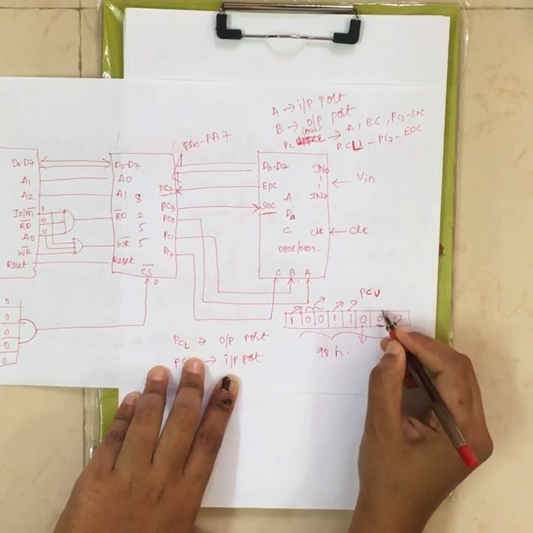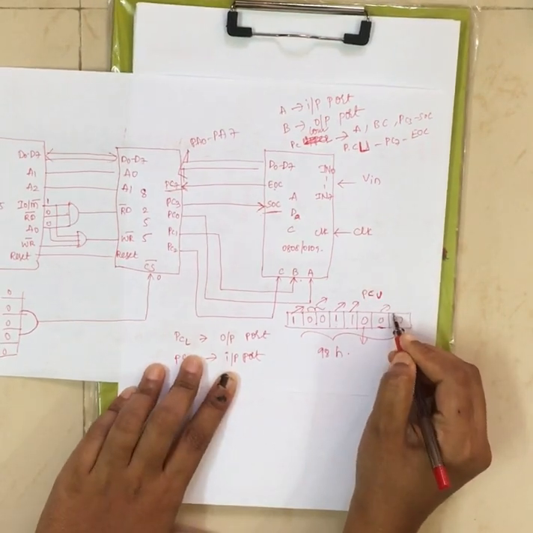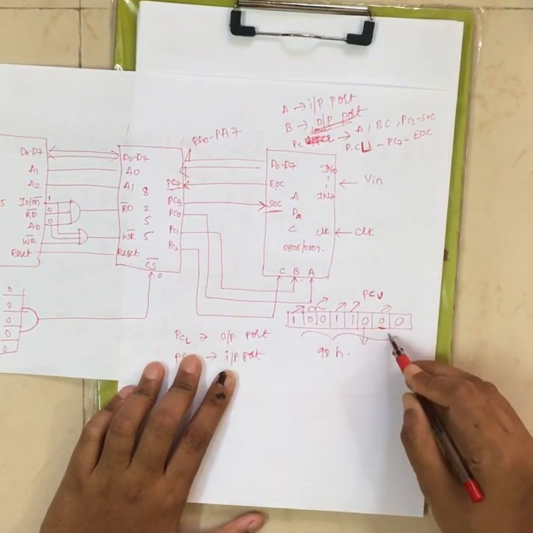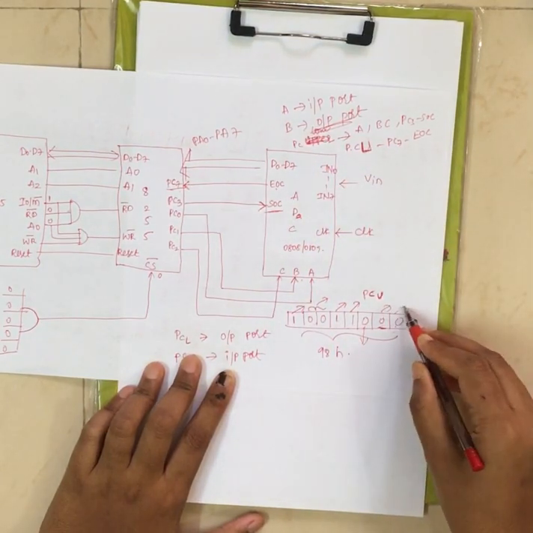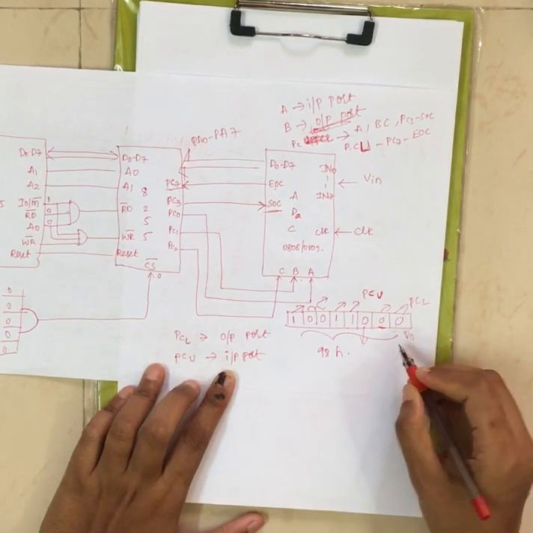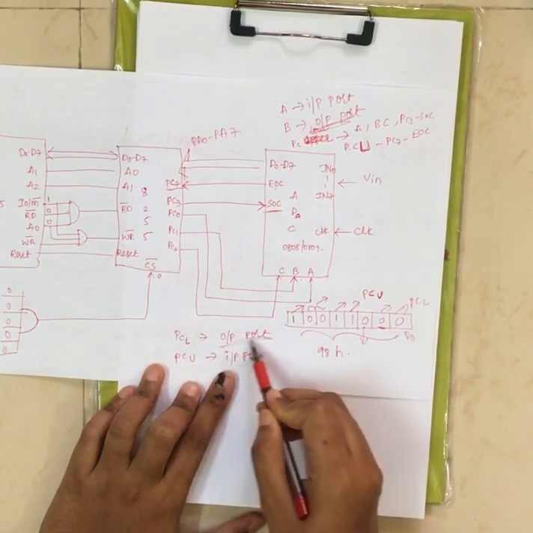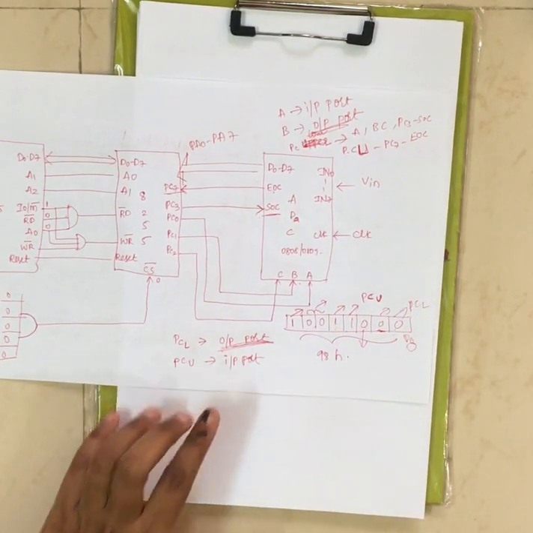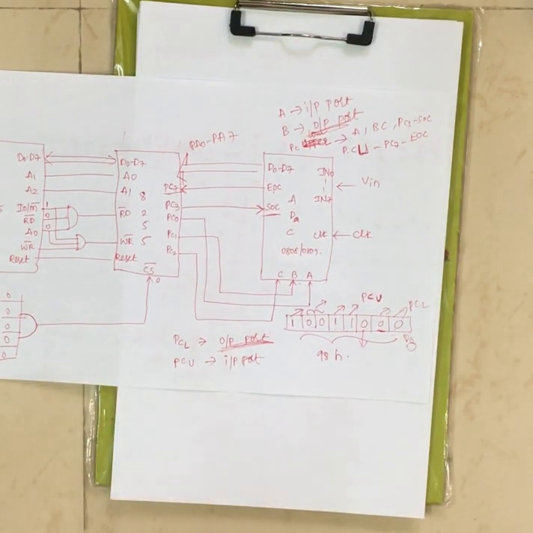And next bit will specify the input output operation of port B. Now port B is an output port, that's why it is 0, right? And next, port C lower input output operation is specified by the D0 bit. Now port C lower is acting as output port, that's why it is 0. Like this you have to work out, or they will directly give the address of control word register.